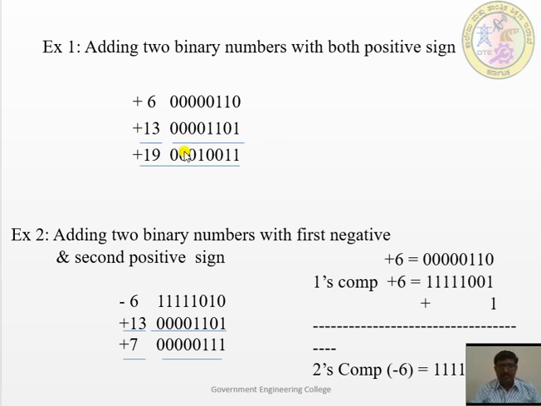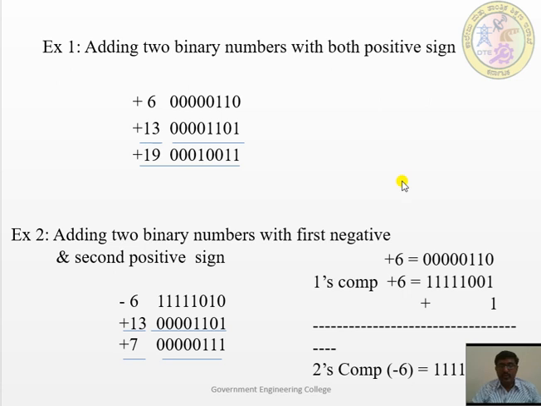Since the 5th bit has been generated, we are taking the 8 bits. So 0 plus 1 is 1, 1 plus 0 is 1, 1 plus 1 is 0 and the carry is generated as 1. Once again 0 plus 1 plus 1 is 0, carry 1, so it has been 1. How will the value 19 be represented? 16 plus 2 plus 1, 16 plus 2 is 18, 18 plus 1 is 19, that is 1, 2, 4, 8, 16, where 2 raised to 4 is 16. If we go by using the bits, we can calculate there also.